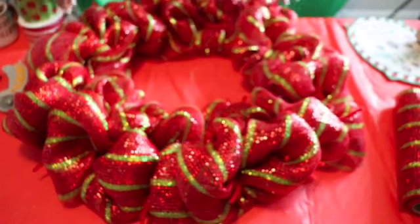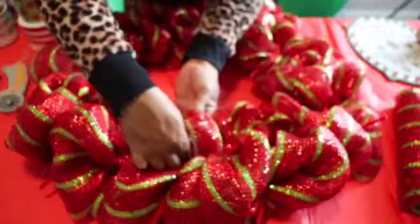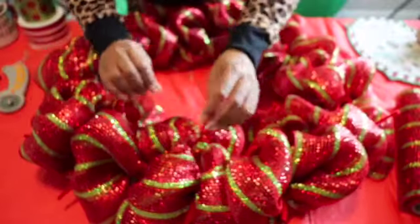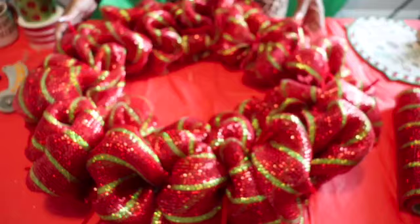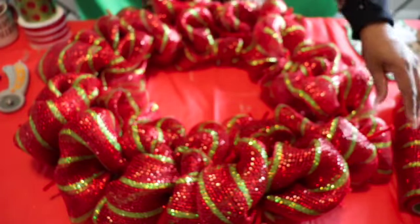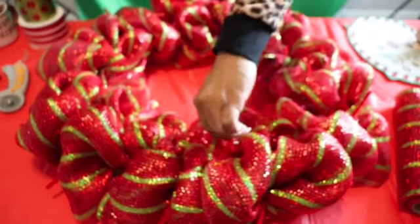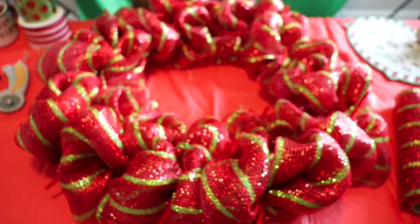So I like the fullness there. Basically I'm doing like we do the Christmas tree. Fluffing, fluffing, fluffing. But anyway, I like the way it's looking. I hope you guys like it. So now, if you can see these chenille stems sticking up, I don't leave them like that. I try to make them as invisible as possible. But before I cut them off,